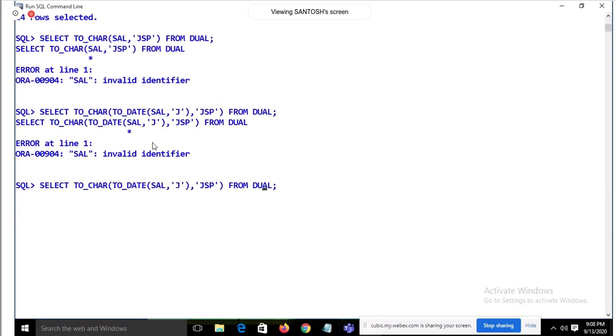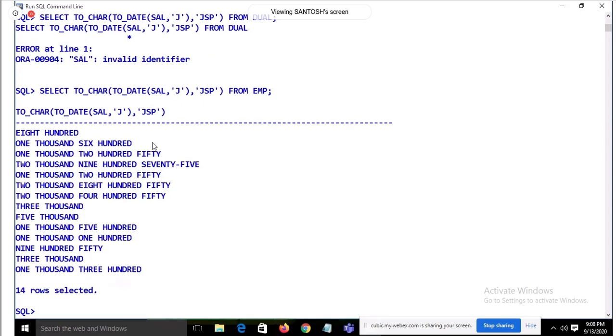It's from EMP. 800, 1600, 1250. What we are doing exactly, I'm just going to convert the salary into the Julian day. That's why we are using to_date. to_date is the function to convert the number into the date. And then I'm going to convert the to_char of this particular date, and I'm going to put the JSP. J means the Julian and SP means spell out.